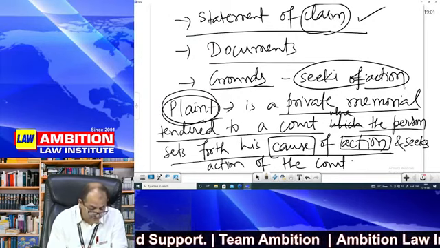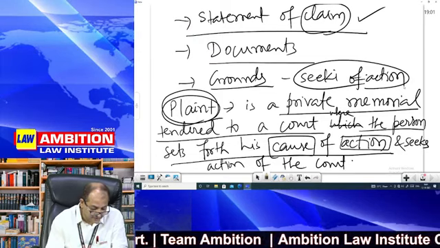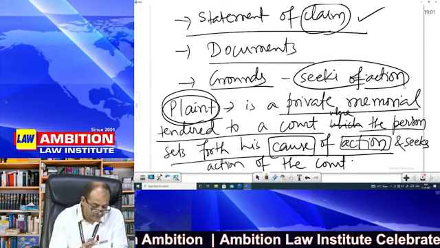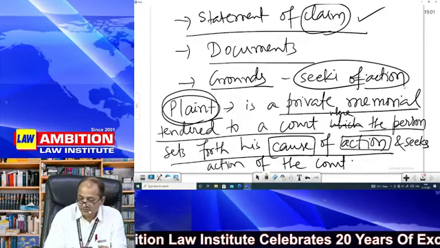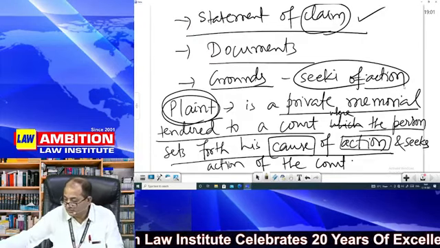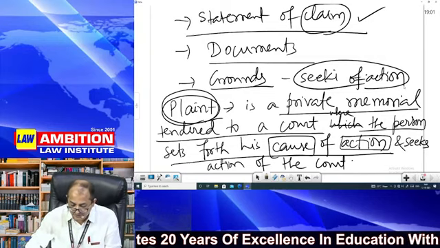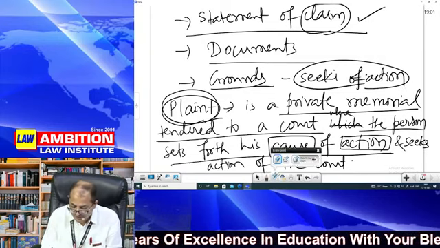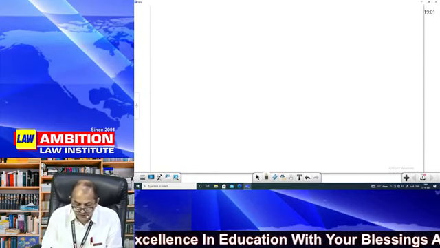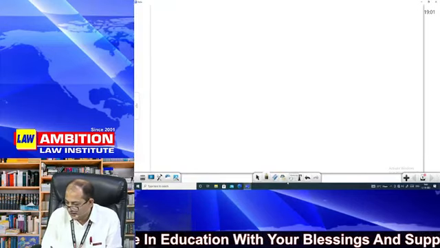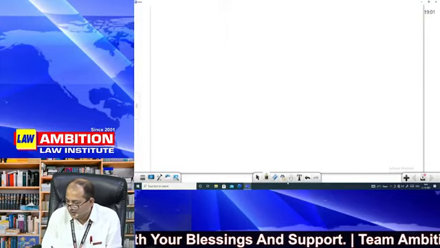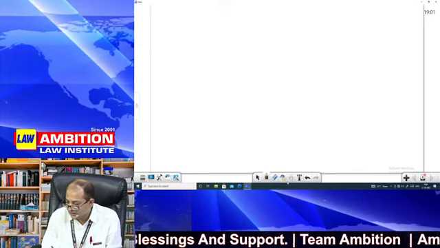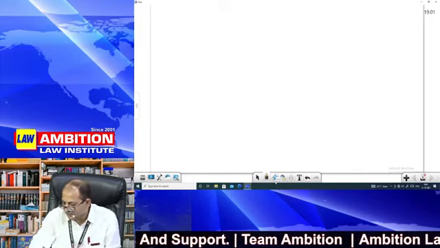Are you lost somewhere? हमने प्लेंट फॉर्मेट के भी चर्चा ही नहीं की. Why are you going in advance? You must stop all this habit. This is online class. Utmost restraint is required. This is how we can spoil the environment. Sir, please believe me, I am speaking with open heart and whole confidence at my hand. Don't write anything in chat. I know I have to discuss plaint format. Don't go in advance. I will discuss even decree, but I will take 20 classes, then I will discuss decree.